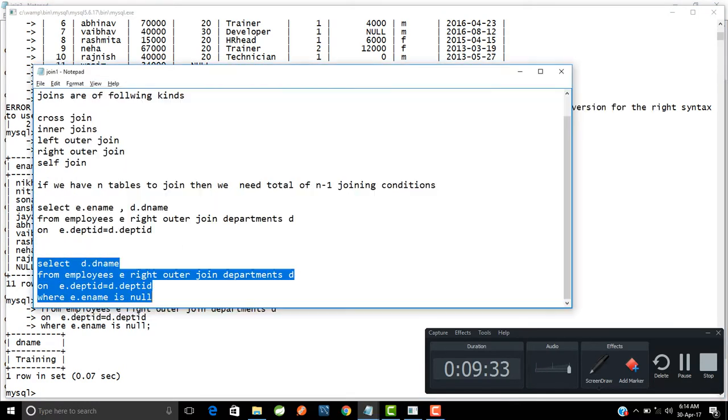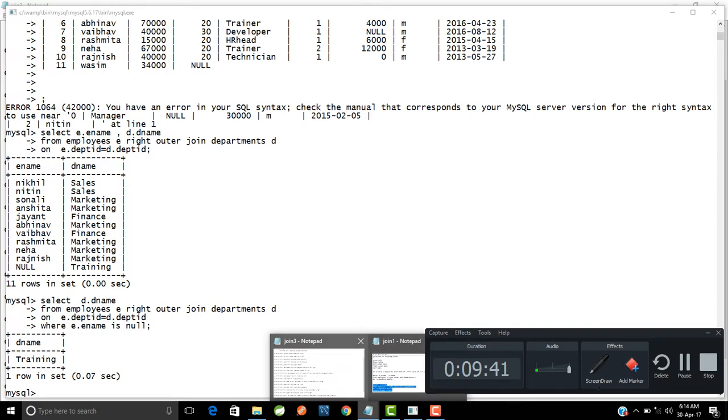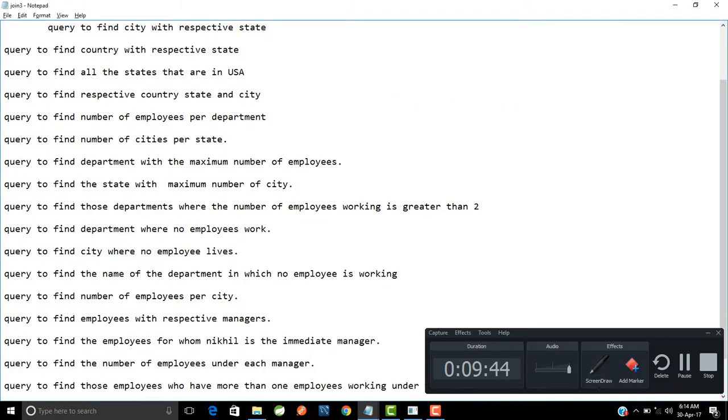Again, suppose for every department I want a summary report. What kind of summary report? See, now you can